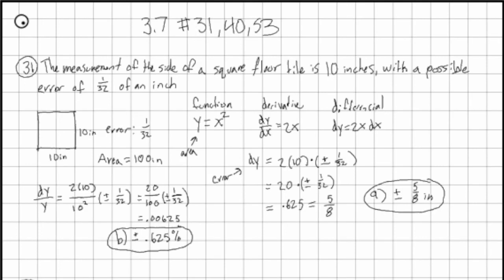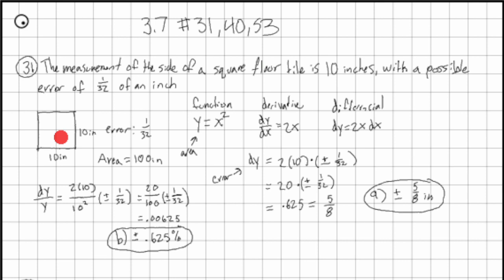Homework 3.7, numbers 31, 40, and 53. Number 31 says the measurement of the side of a square floor tile is 10 inches with a possible error of 1/32 of an inch. So I drew the floor tile right here. And because I know the error is 1/32 and I know the area of this floor tile is 10 by